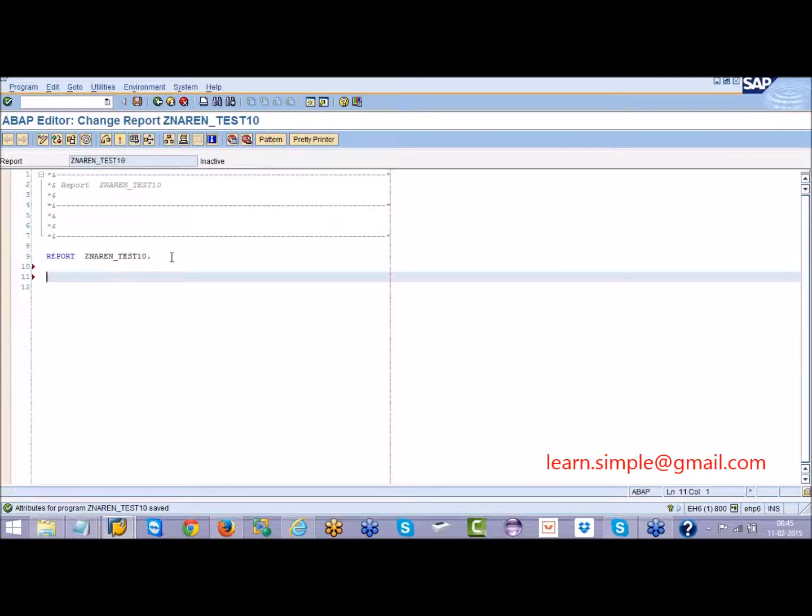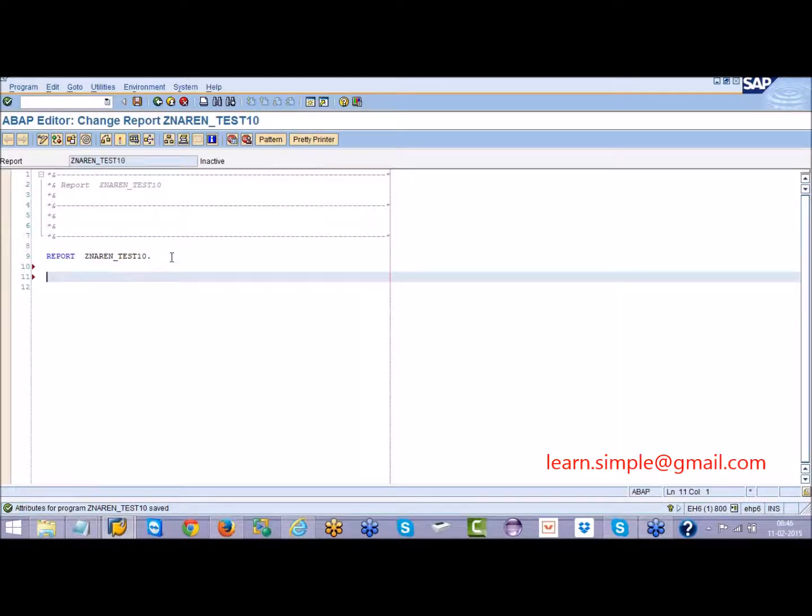Or during development, you may need to upload data into SAP where the file comes with a comma separator. You should split the comma separated file into different fields, and then update the data. So in that case, you need to use a split statement. So there are uses of these keywords. Try to practice them. Once you practice, you will be comfortable with the next level of programming.